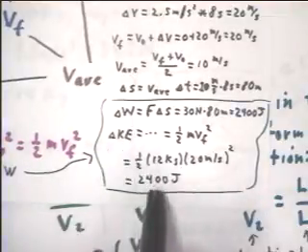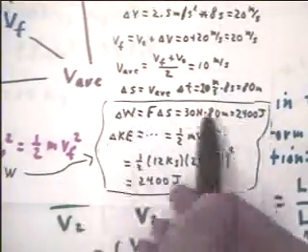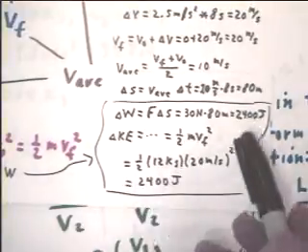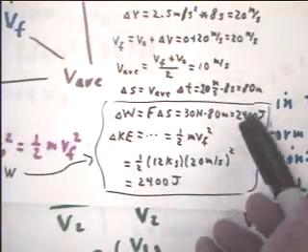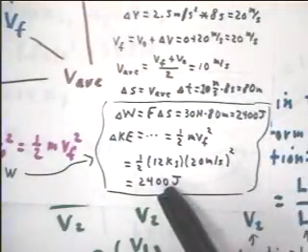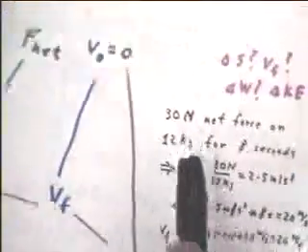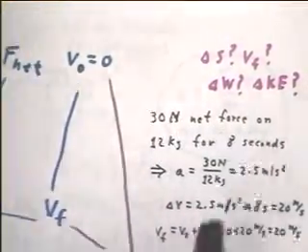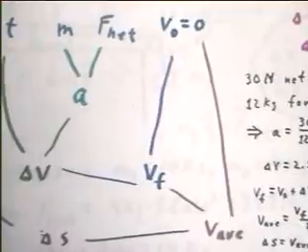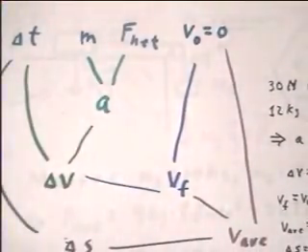Note that the change in kinetic energy in this case is equal to the work done. And that is, of course, what we said originally, that the change in kinetic energy is equal to the work done by the net force, and the 30 Newton force was our net force. Now, if we look at a diagram of our thinking of this problem,